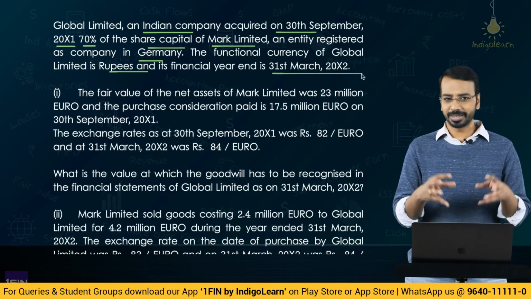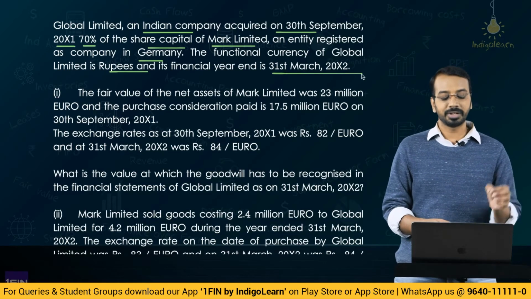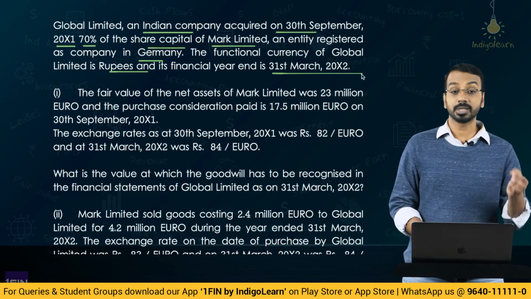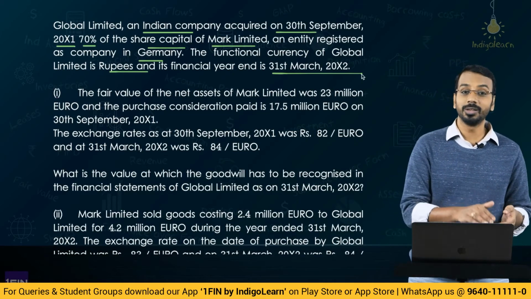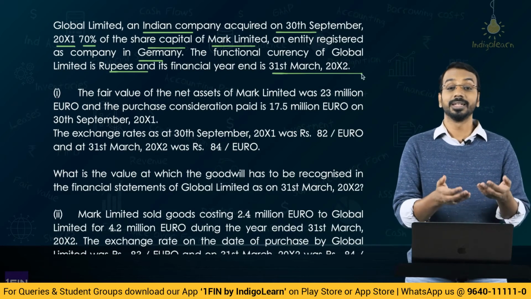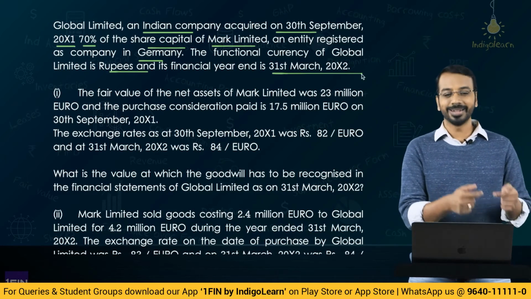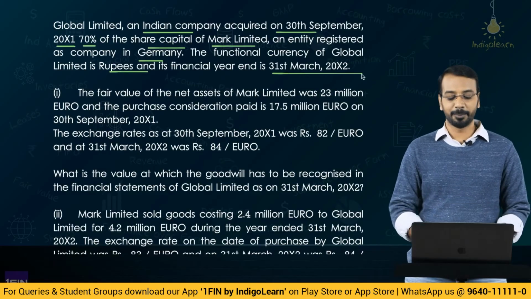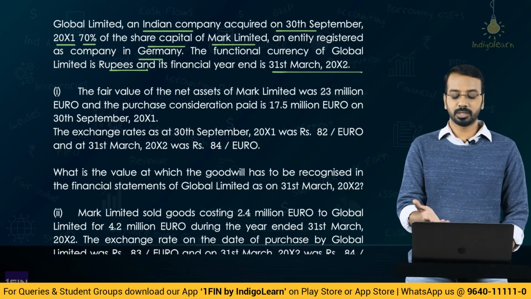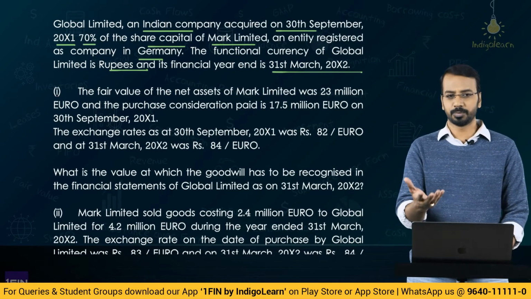So, simple thing, there is an Indian company, they acquired 70% of the share capital of Mark Limited. So, Mark Limited now becomes a subsidiary, but it is not a wholly owned subsidiary. Accordingly, the balances have to be split between the owners of the parent and the non-controlling interest. The functional currency of Global Limited is INR. For the one in Germany, they have not mentioned the functional currency, we can assume it to be euro